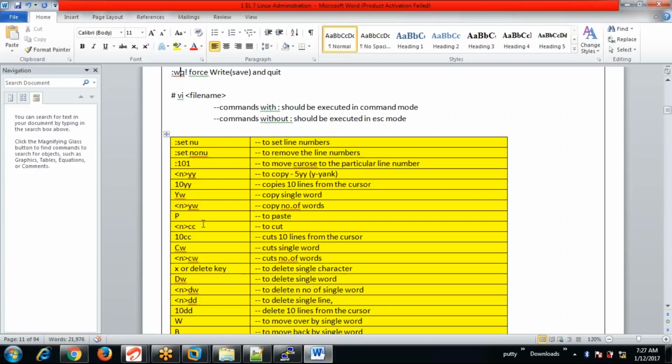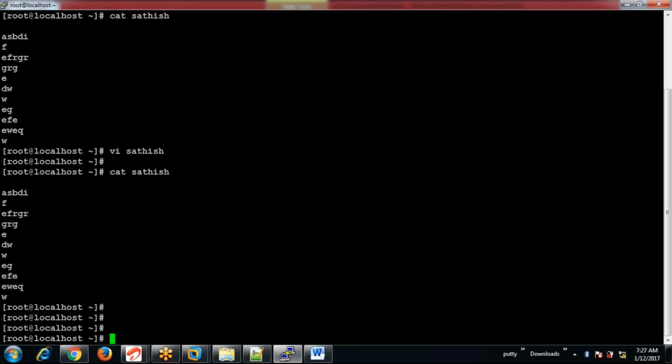Here I have indicated the commands. A command with the colon should be executed in the command mode, and a command without the colon should be executed in the escape mode.